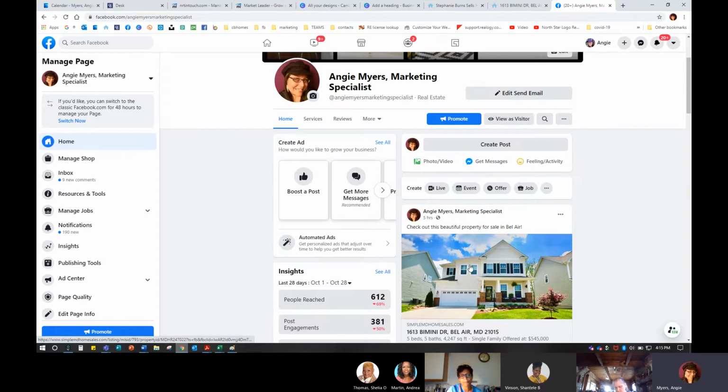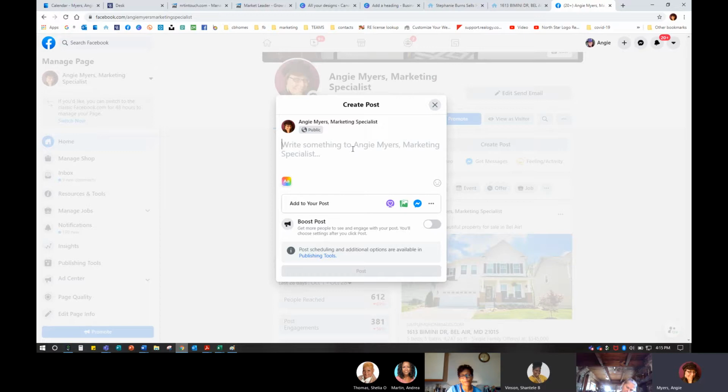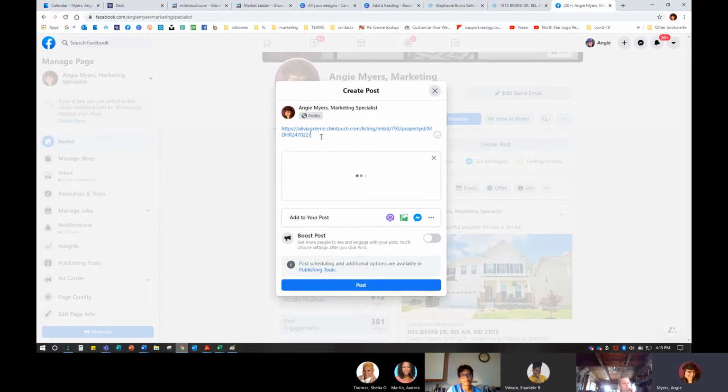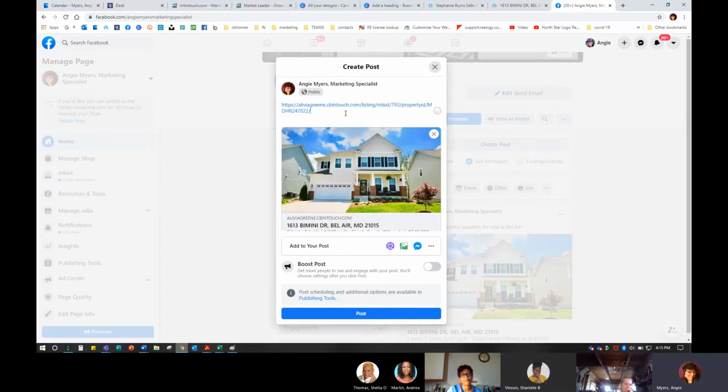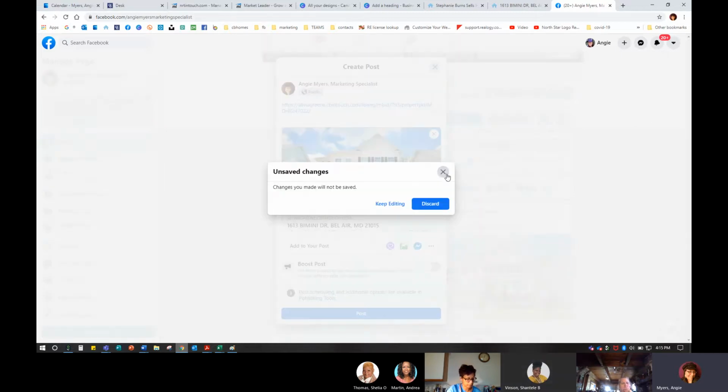But I'm going to take that listing link that I copied. I'm going to go ahead and create my post. I'm going to paste that in there, Control V, or I can right click and hit paste, and it's going to fetch that preview for me, and I can type something and I can post it. Now I'm also able